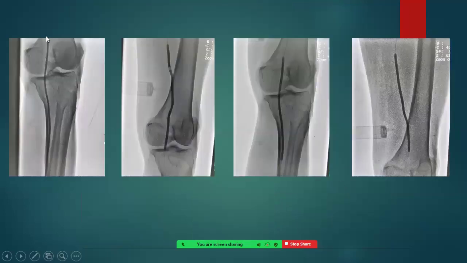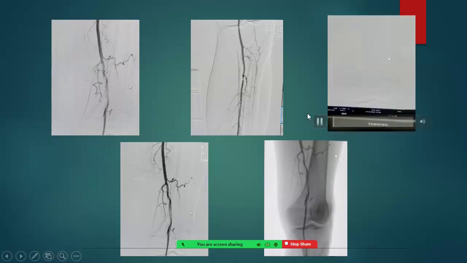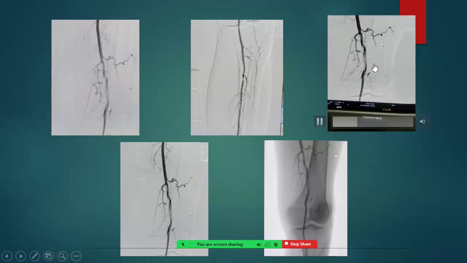Then we were able to cross the balloon into the distal SFA. We did the balloon angioplasty till the distal SFA. We took the wire into the antegrade sheath, and then we did the ballooning from the antegrade approach only. So rather than doing the ballooning from the retrograde approach, we did the ballooning from the antegrade approach. After ballooning, this was the segment which was showing the dissection. Flow was not established, and this segment showed irregular flow. After the ballooning, we put the